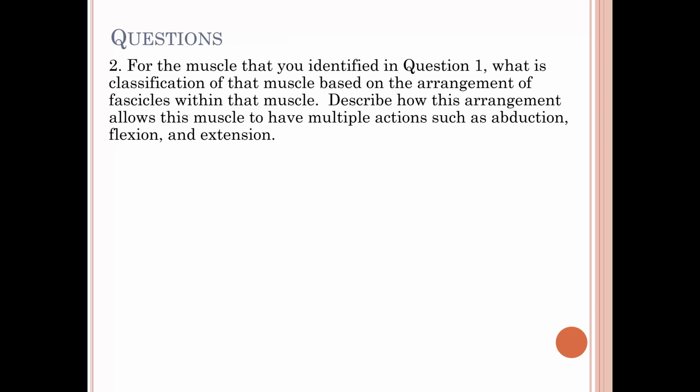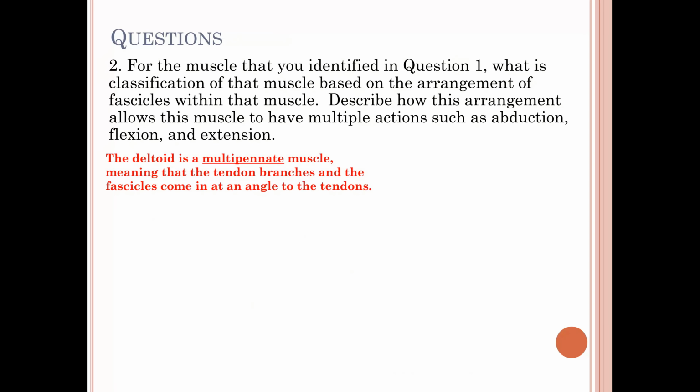Number 2, for the muscle that you identified in question 1, what is the classification of that muscle based on the arrangement of fascicles within that muscle? Describe how this arrangement allows this muscle to have multiple actions such as abduction, flexion, and extension. So the deltoid is a multipinnate muscle, meaning that the tendon branches and the fascicles come in at an angle to the tendons. So because it's multipinnate and it has multiple tendon branches, it can be divided into 3 functional